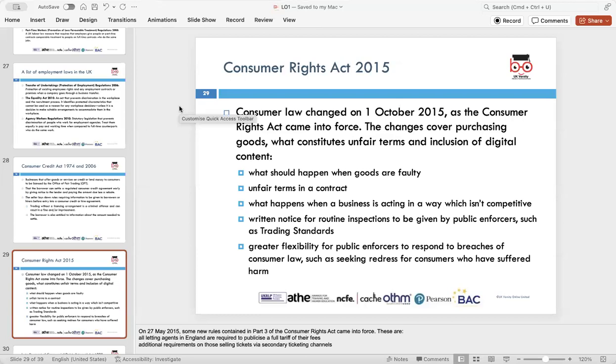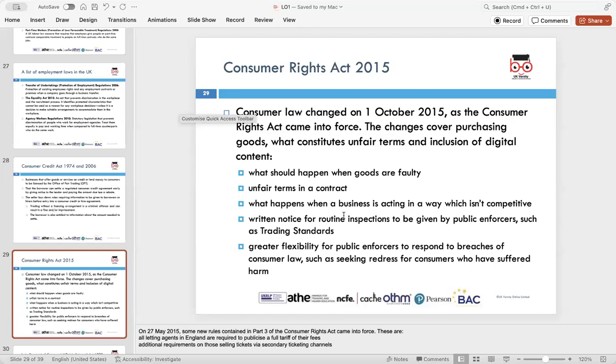Okay, so the Consumer Rights Act, which came into effect on October 1st, 2015, brought about a number of changes to consumer law regarding the purchase of goods, the definition of unfair conditions, and the incorporation of digital content. The modifications are as follows: what should happen when goods are faulty, unfair terms in contracts,